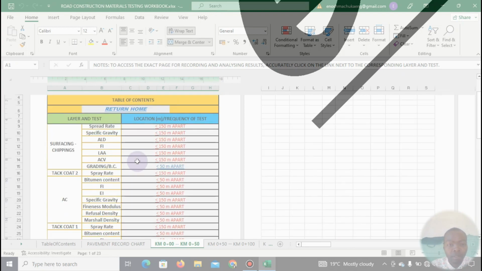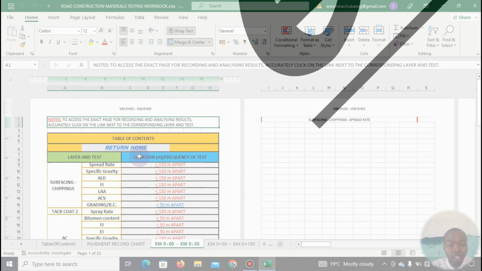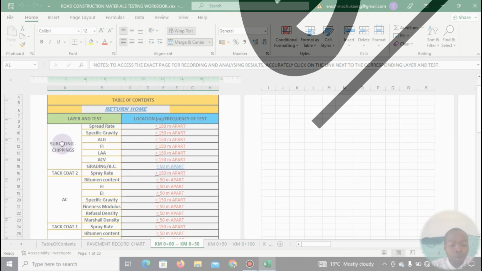Okay, so I just took this from a certain road which was being constructed, a class A road. So on top we did surface chippings, okay, and these are some of the tests which